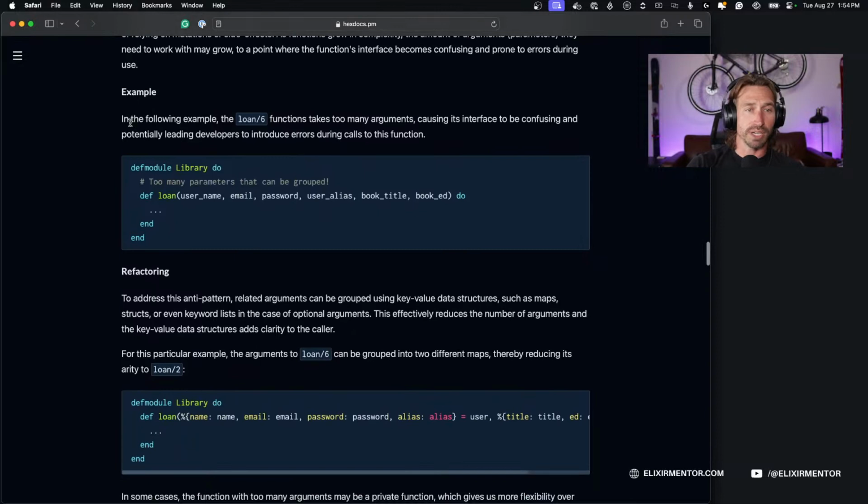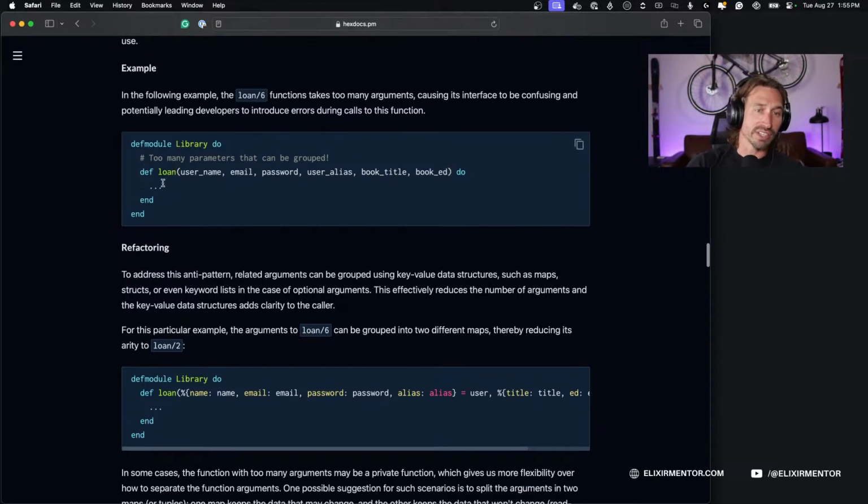An example here is in the following example, the loan arity 6 function takes too many arguments, causing its interface to be confusing, potentially leading developers to introduce errors during calls to this function. So obviously this function taking 6 parameters is already crazy. You don't want to do that. So it's taking a username, an email, password, user alias, book title, and book ed. I don't know what that means. Maybe